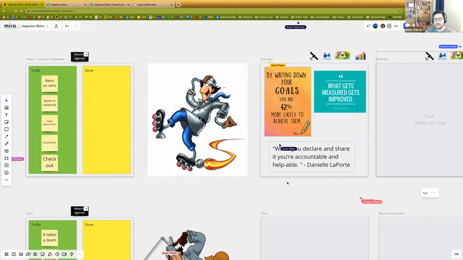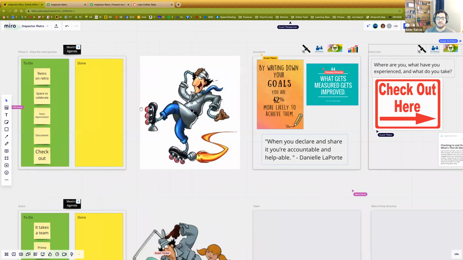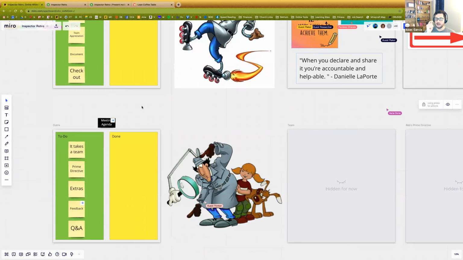And then lastly, a checkout. If you have time, it's a great way to say, hey, before you go, let's all, if you have a small enough team, everybody, let's just real quickly check out. You say what you got out of this. What'd you learn? What'd you like? What'd you take out? What was this experience like for you? And just have people unmute and say, hey, I had a great time today. I learned a lot. I'm really looking forward to seeing how this experiment works out.